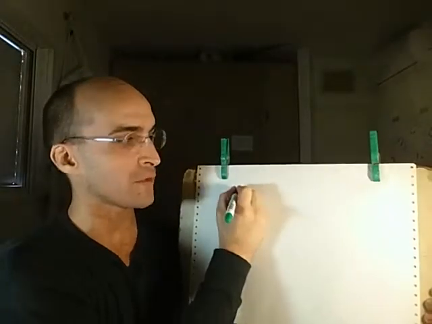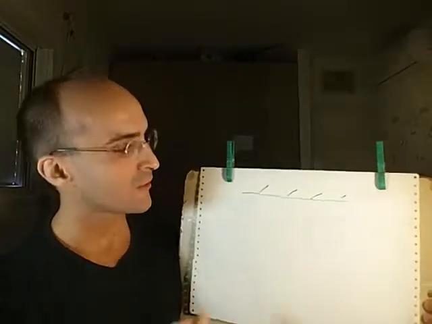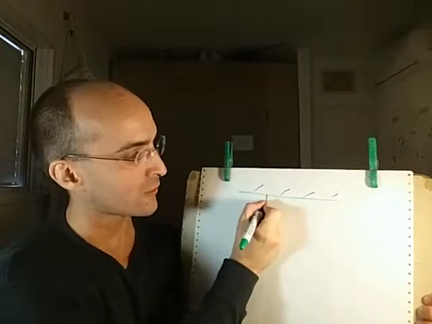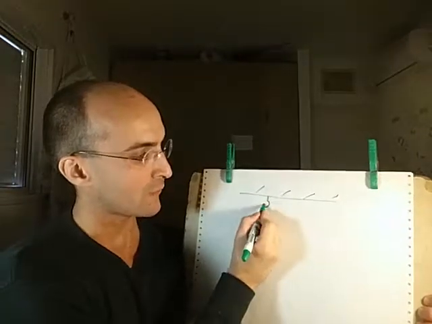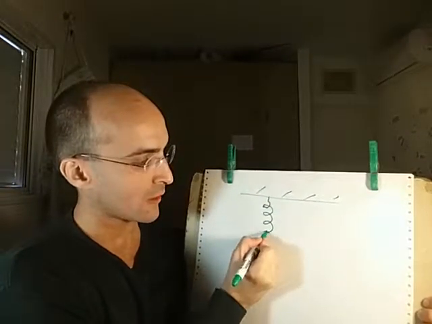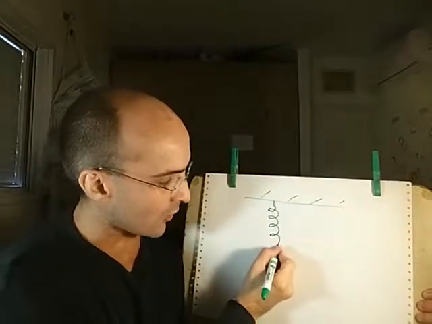First of all, let's start with this nice ceiling. This is our ceiling. And here we have a little hook hanging from the ceiling. And on this hook, we have a spring. We think of the spring as being massless. And on this spring,